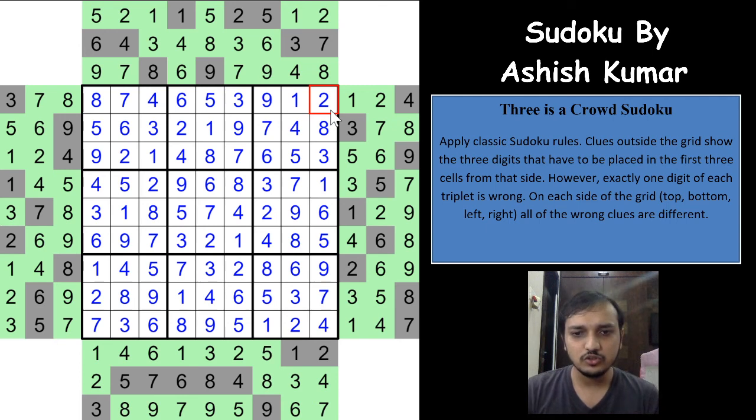you don't assume any number to be wrong or correct, or make a pencil mark error, because this is a very error prone Sudoku. I would say very error prone, because you will have many more pencil marks in this Sudoku. Just writing out the pencil marks in a box in a 3 cell will be a tedious process, but you will have to make sure that you are solving it very perfectly, very precisely, marking the digits which are right as circle and wrong as cross, and just make sure that you have learned all the tricks that I applied in this video. I hope you enjoyed this video.